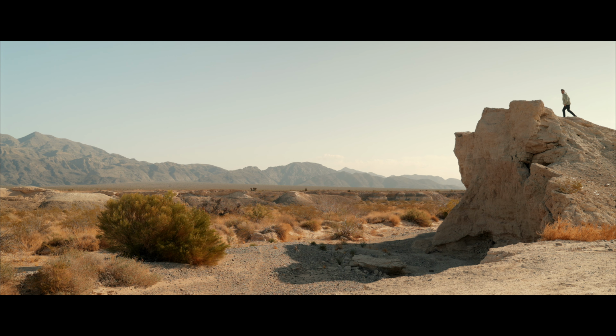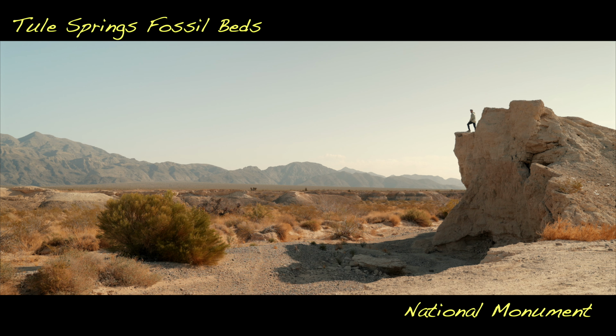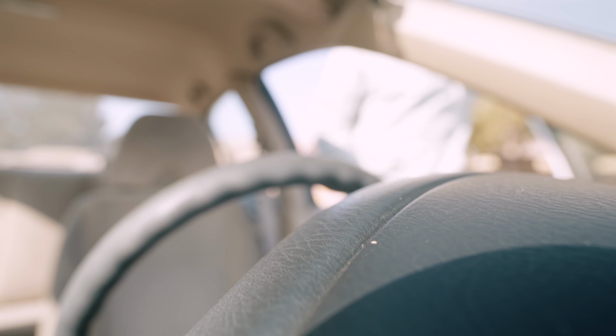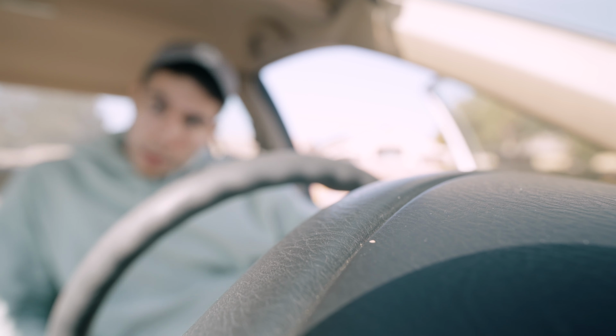The place I'm talking about is the Tule Springs Fossil Beds National Monument. It's a hidden gem located right inside the Mojave Desert. It's a place where the history is written in the very rocks beneath your feet. And here's the wild part, it's only 18 miles north of the neon lights of Las Vegas. Just a short drive from all the flashy casinos and shows, and you can step into a landscape that's totally